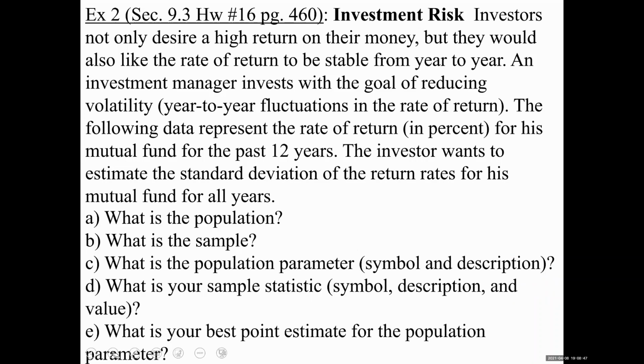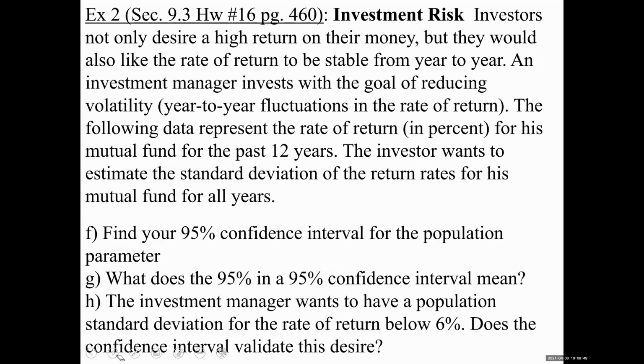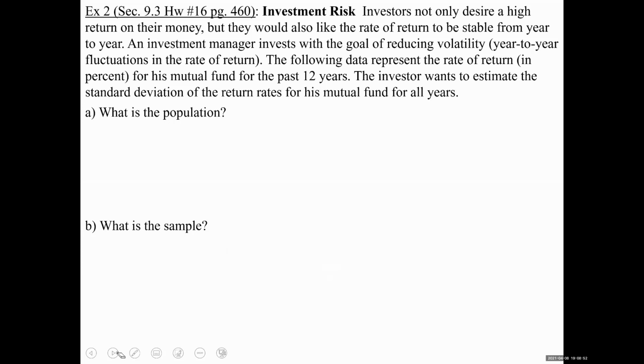Okay, let's go and do the parts of the problem then. So we are going to do what's the population, sample, all that stuff, and then we'll build a confidence interval. What's the population? Okay, here's what the population is. Sometimes in problems, it's hard to figure out what the population is. And I mentioned in another class that if you confuse population and population data, it's not a big mistake. So I'm going to actually write down what the population data is, but you can think of it as the population. So this is the return rates,